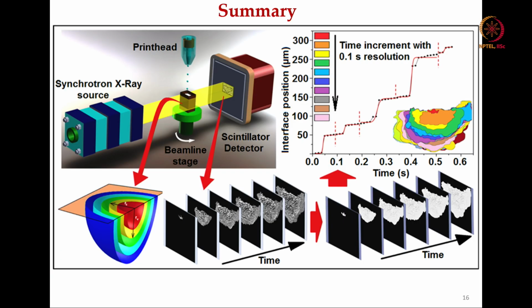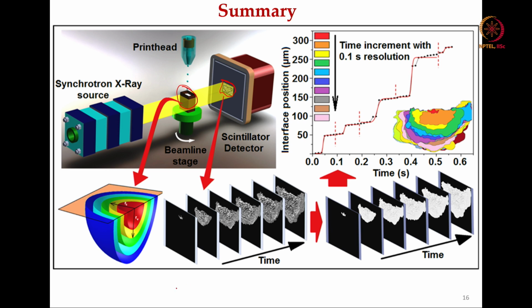So this is the summary of this part of the process science. As I said, this is a complex set of experiments and detailed analysis of the synchrotron data. We have used synchrotron X-ray at Diamond. We have used the print head, which essentially releases several thousand drops. We have used an alumina powder bed, and using the synchrotron X-ray, we are able to capture several 2D films or 2D slices.